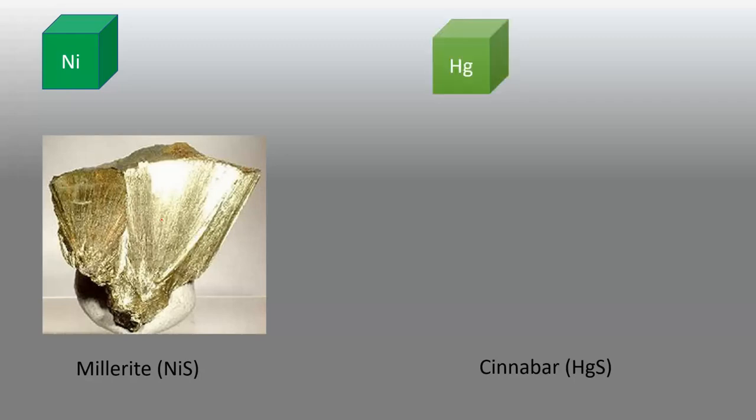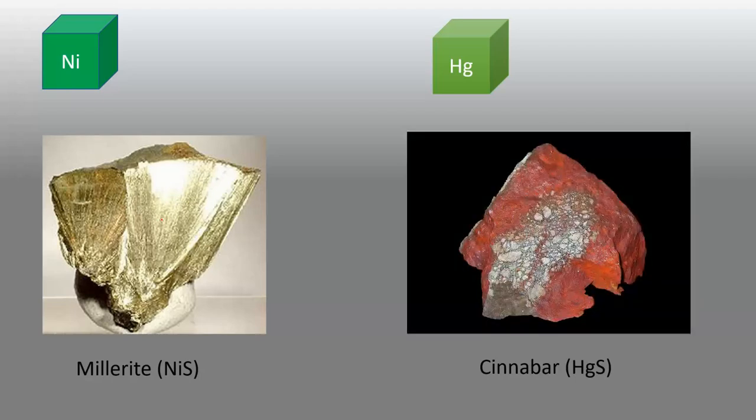Next is mercury. The ore of mercury is known as cinnabar, HgS. One thing should come to your mind while studying mercury: a disease caused by excessive mercury intake, for example through water. It is Minamata disease, caused by the presence of Hg or mercury. This question was asked in the Engineering Services prelim exam 2019 in GS paper 1. That's why I told you.